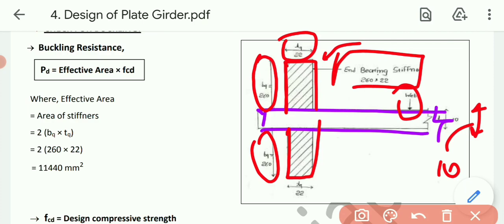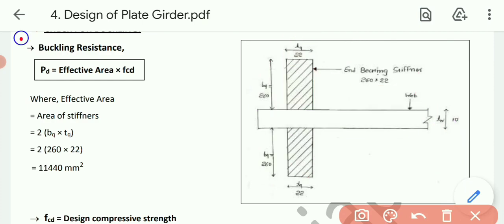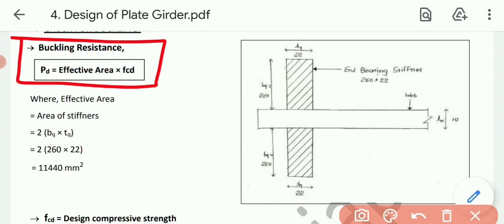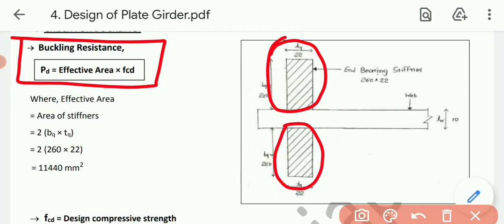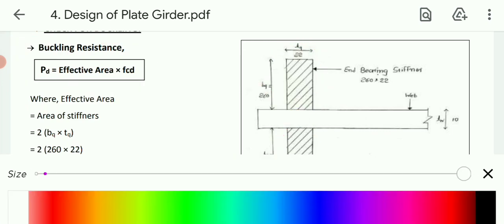buckling resistance. Okay, means compression strength. So buckling resistance, PD equals effective area into FCD. Effective area means the area of the highlighted portion over here. We can say 2 times 260 multiplied by 22. So the area of the stiffener,